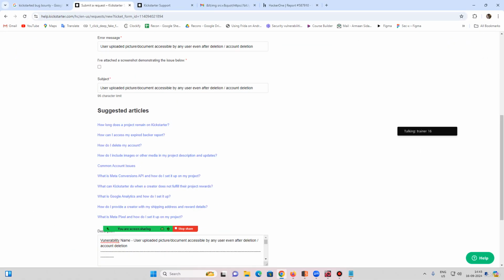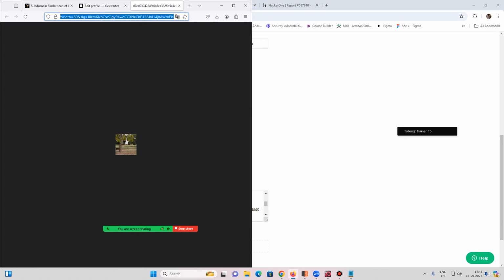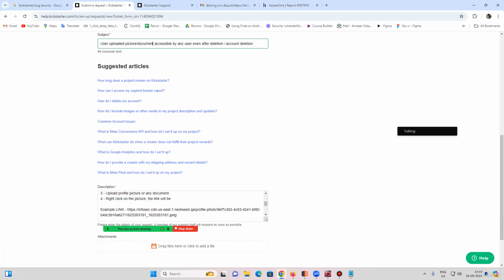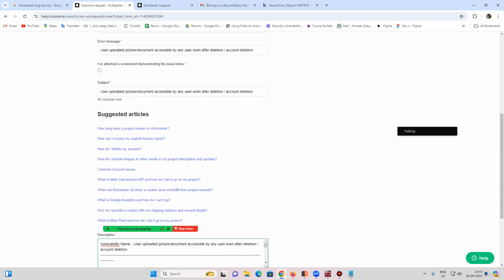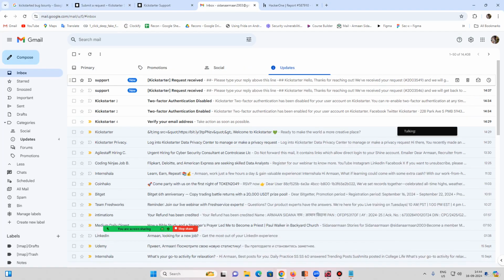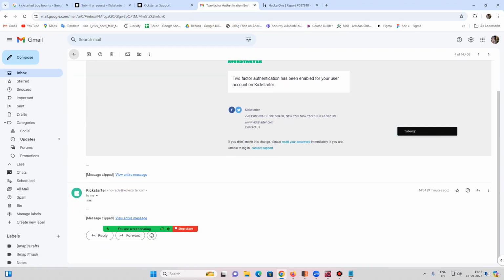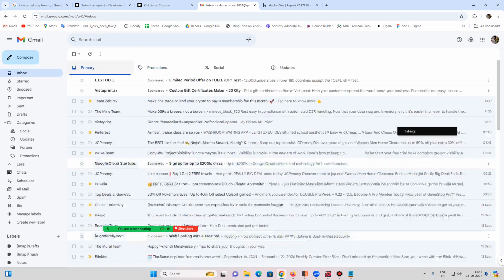Settings profile URL, and in this particular field, give them the link of the image which is loading. Submit this. All right,